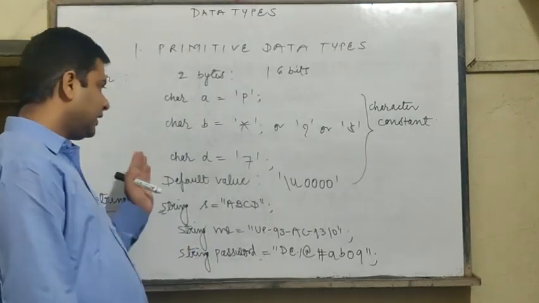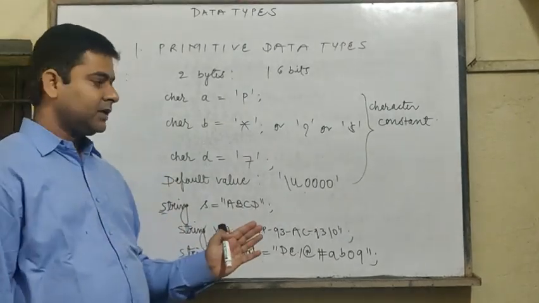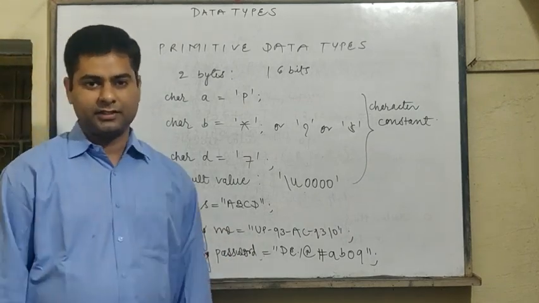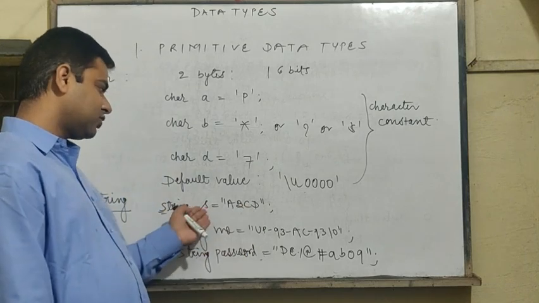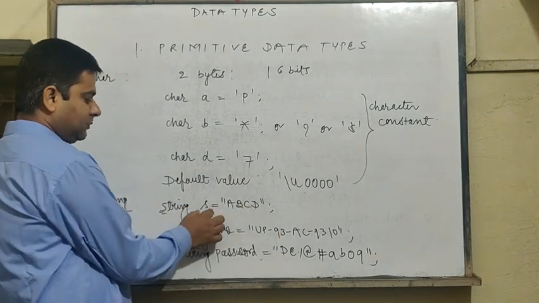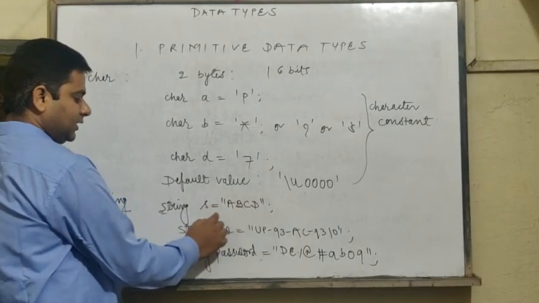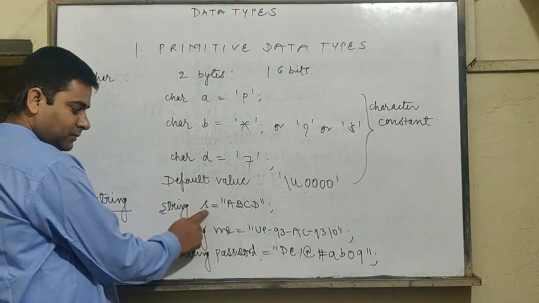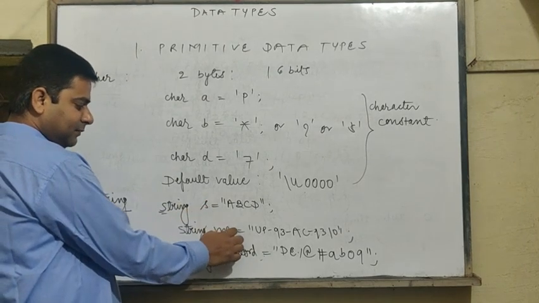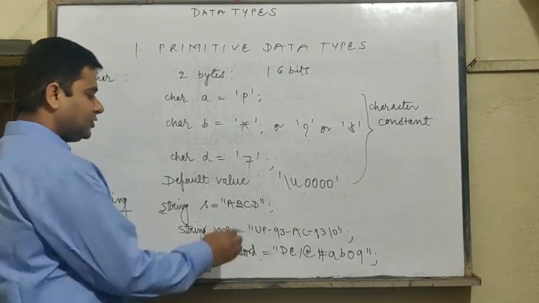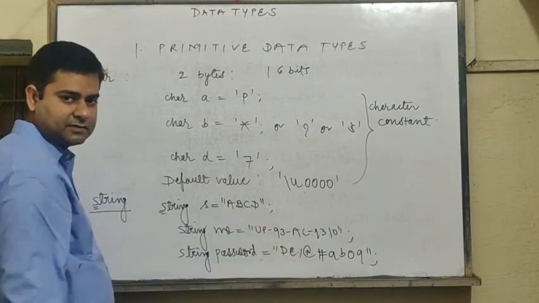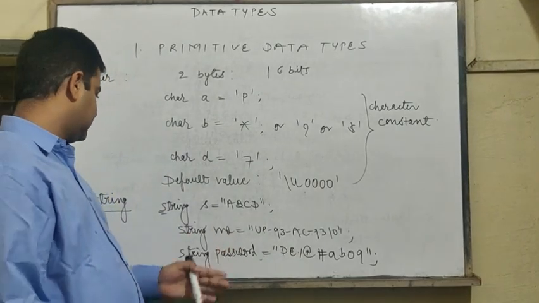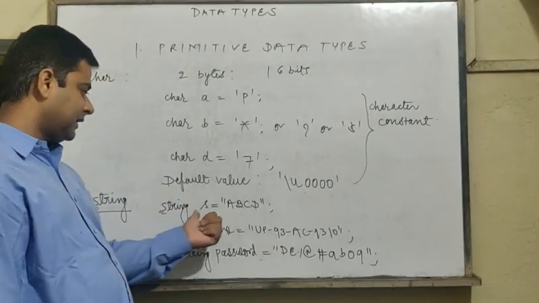Understood? Till here you have understood the numerical data types, the character data type, and the string object. A string object is an object of the string class. This is the object name, this is the class. The object name can be changed; it can be anything. It is used to store strings of different types. So here I am explaining the string class to store values of different types.